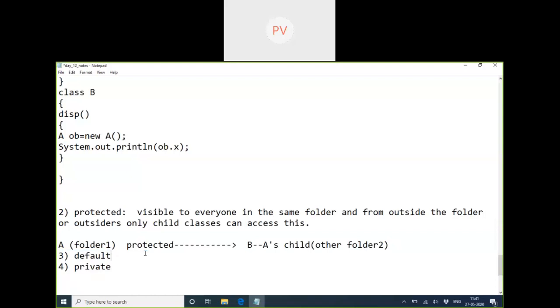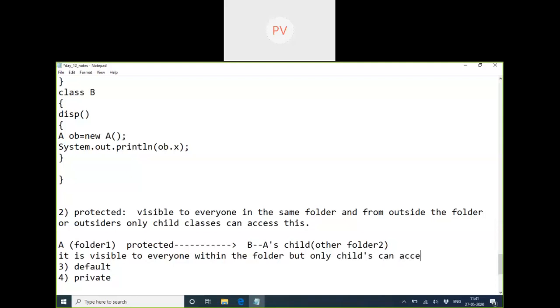It's not like public right now. It is not public. So the main thing here is it is visible to everyone within the folder. But outsiders, only children can access from outside.